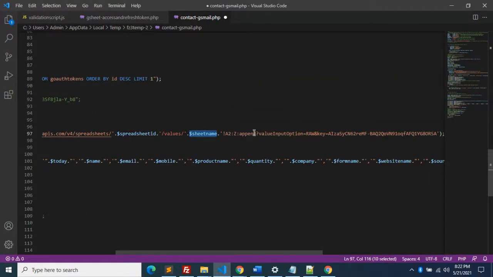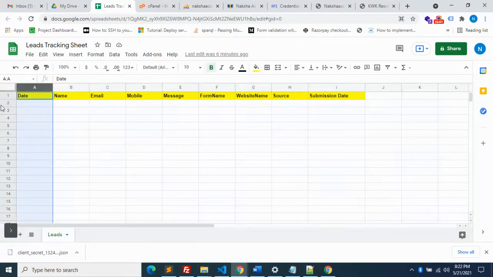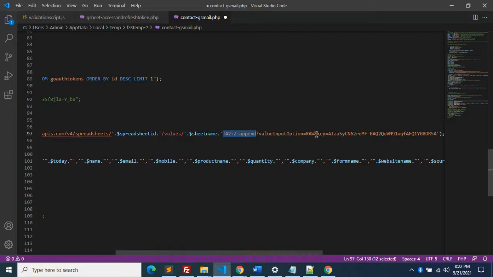Then the range should be A2 to Z, so for example A2. We are using A2 and value, and here we have an API key.